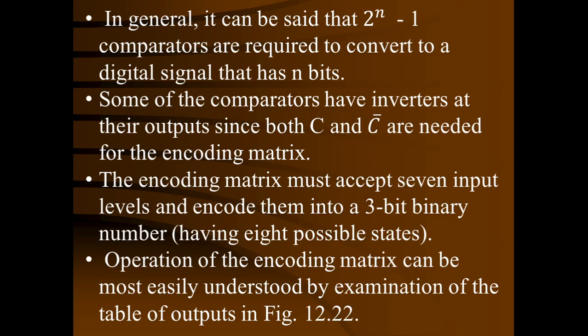So, here we are now studying that analog input voltage, which may be in the range from 0 to plus V volt, it is going to be divided into 8 different ranges. That means 8 equal ranges from 0 to plus V by 8. Then the second range will be plus 2V by 8. Then the third range is going to be from plus 3V by 8, and like that.